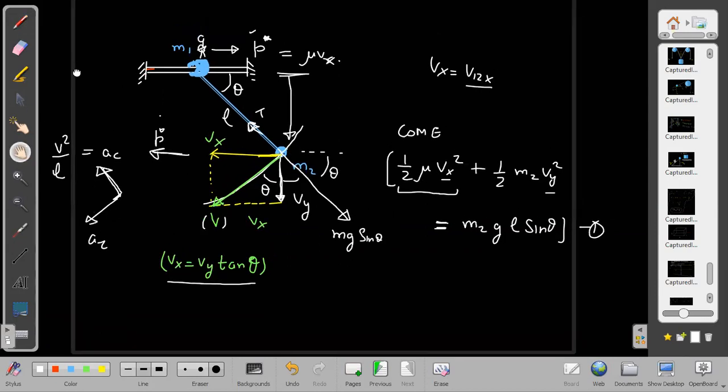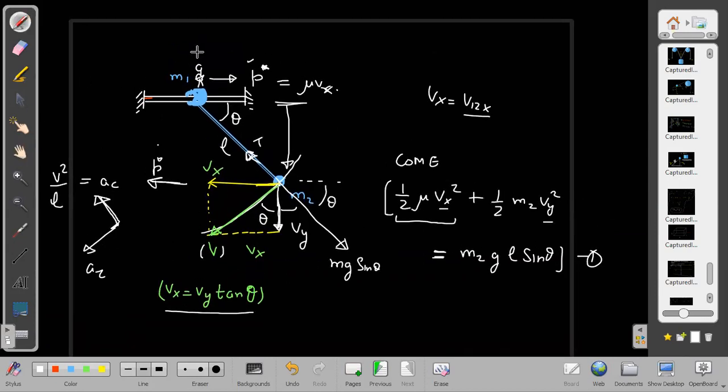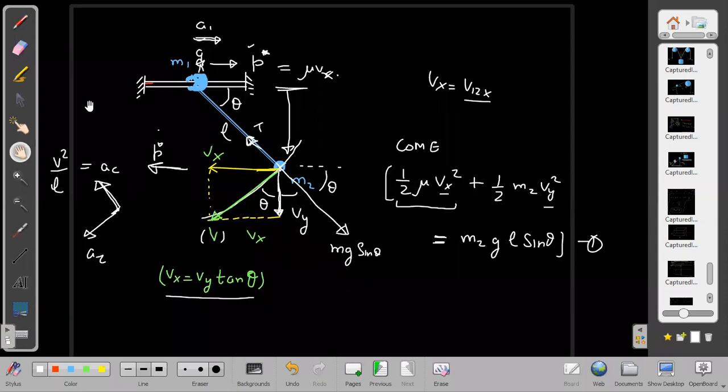Reason for that. With respect to this frame, we are doing acceleration. Yes, this guy has acceleration, and he is accelerating in this direction. Let us call that acceleration A1. If he has acceleration A1, then there will be a pseudo force also acting on it, and I have to take that also into consideration. Now things are becoming a little messy here.